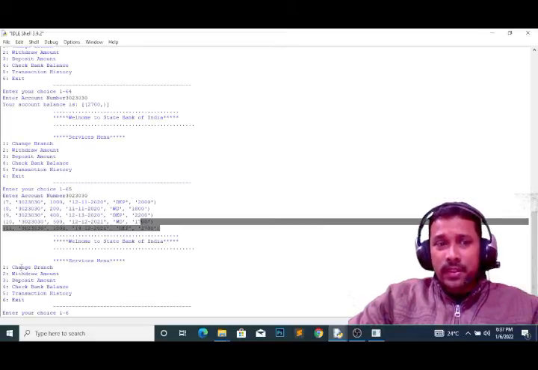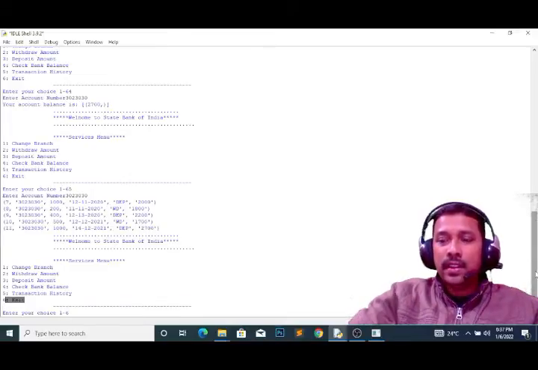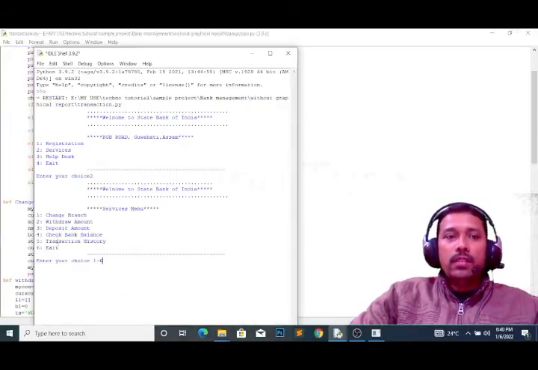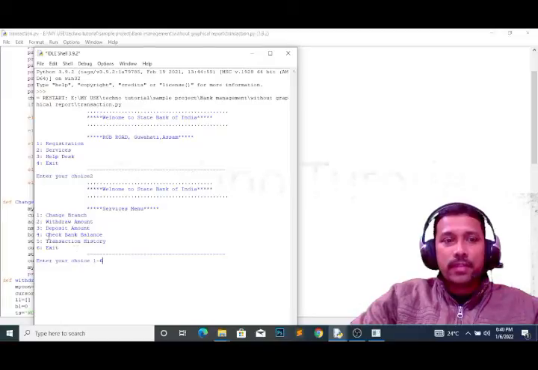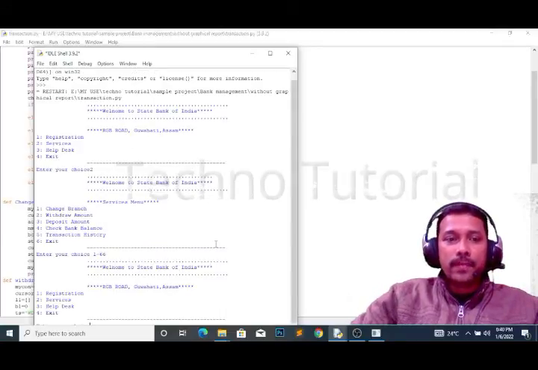After finishing this services part, we have to go back from this menu, right? So to go back from this menu, we have to press exit here, number 6. Now this transaction history also we have seen. Now we have finished all these functions from the services menu, so we have to return to the previous one, that means from where we have come, from the services part. So now press 6 here to return. Press 6. See? So we have again come to the registration services, and to the main menu we have come.